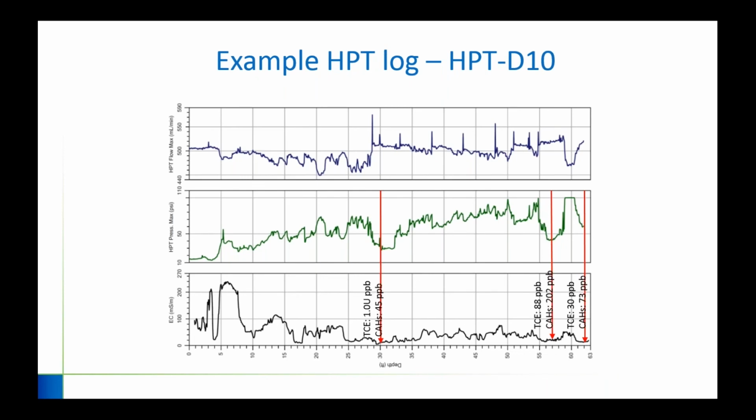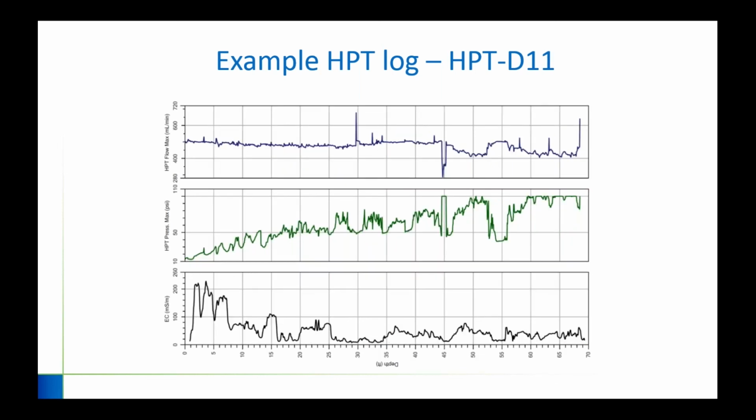This one was really low, and in this case, it was up over 200 micrograms per liter. Here's another example, same thing, it's kind of flipped on its side. Let's grab samples here again where we saw these sudden pressure drops. In one case, hardly anything there. In this case, it was almost 300 micrograms per liter. And this is in the area that the previous conceptual model was, it was like 20 micrograms